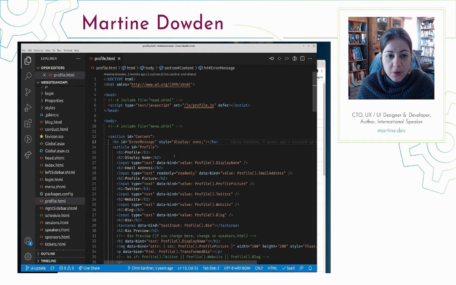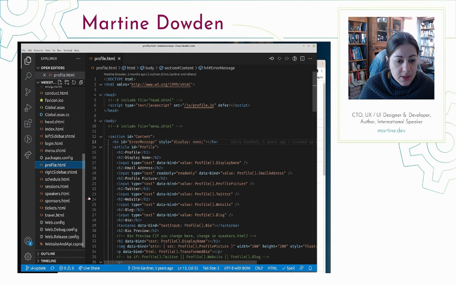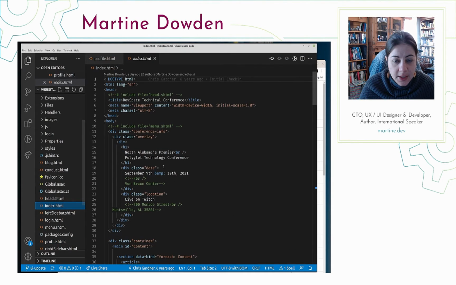So the first thing is, if we look at one of our other pages, let's take the home page for example. If you do our index.html, in order to